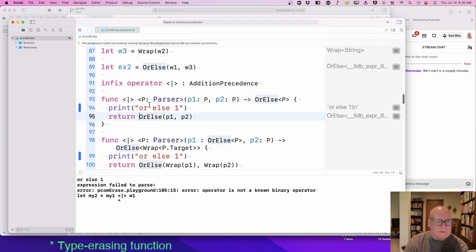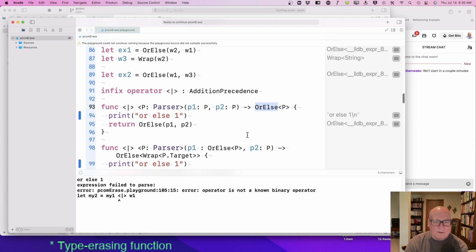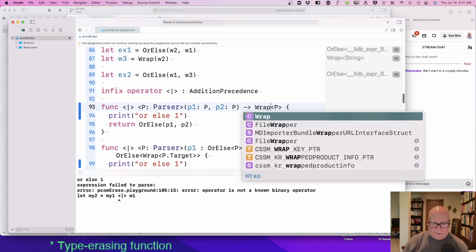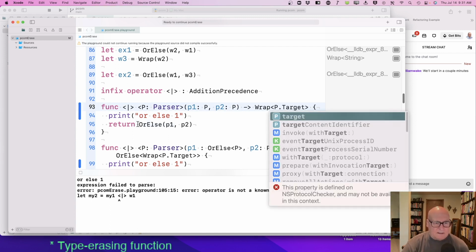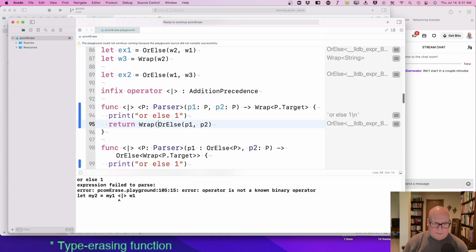If I have two parsers, I don't know. I want to say wrap. I think I want to say wrap of p.target. Is that not legal? Wrap of this, that. That's what I think it should be.